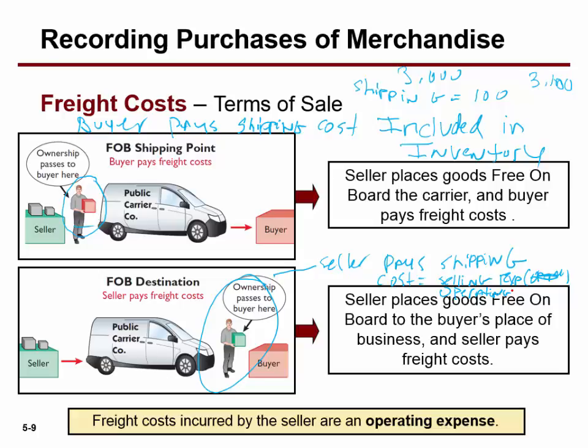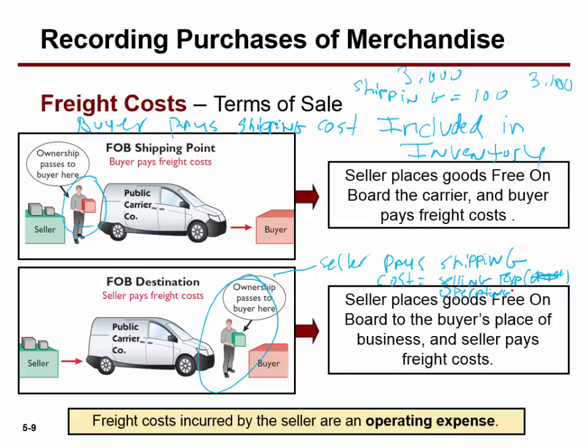Okay? So if you pay taxes, let's say you're free on board shipping, you pay taxes and have it shipped. Taxes just go towards taxes, right? They're not going to go towards taxes. Who pays the taxes? The buyer pays the taxes. So let's say we bought something to resell later on. I guess it wouldn't matter because you would pay taxes because you're going to resell it. So the buyer pays the taxes as part of the cost of the inventory.